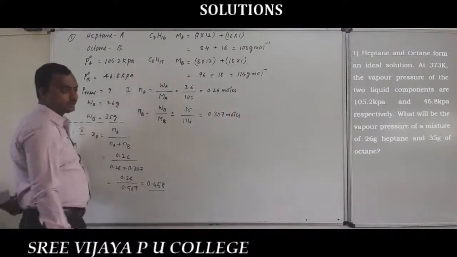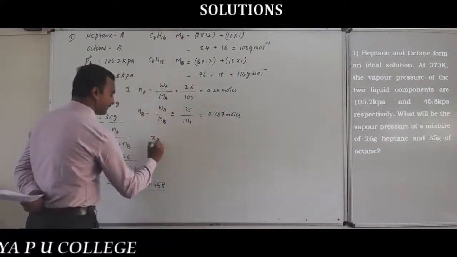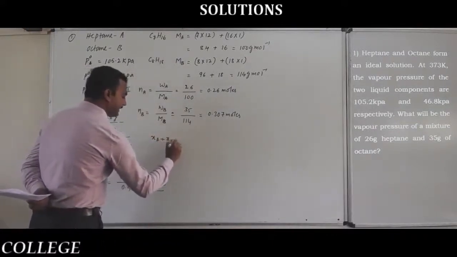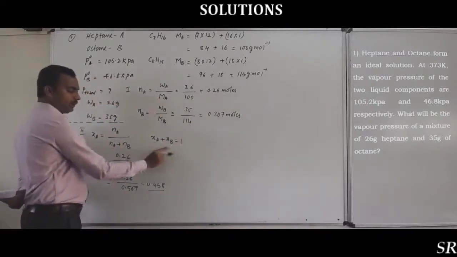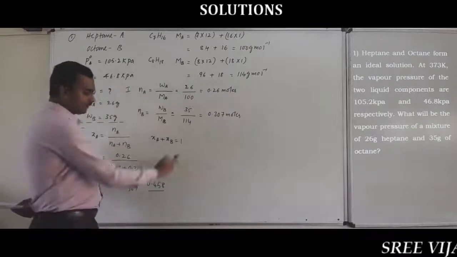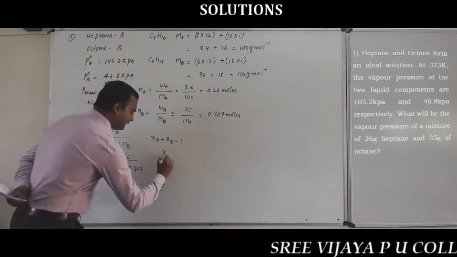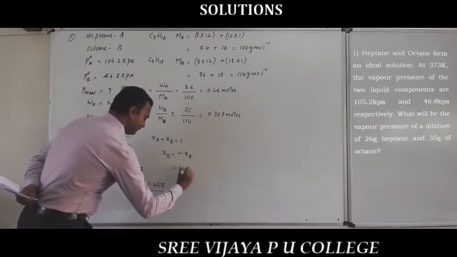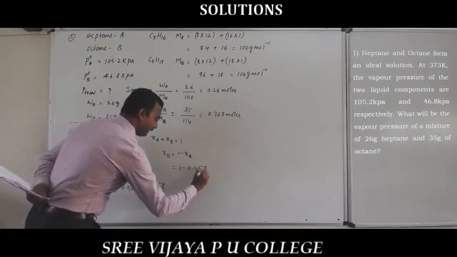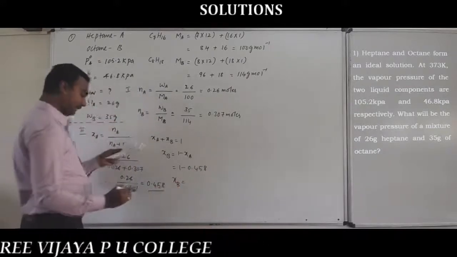So once you know the mole fraction of component A, you can easily calculate the mole fraction of component B by using the formula XA plus XB is equal to 1. That is, the sum of the mole fractions of all the components in a solution is always equal to 1. So already we know the value of XA, then we can calculate XB. XB is equal to 1 minus XA, that is equal to 1 minus 0.458. So therefore, what is the value of XB here? XB is equal to